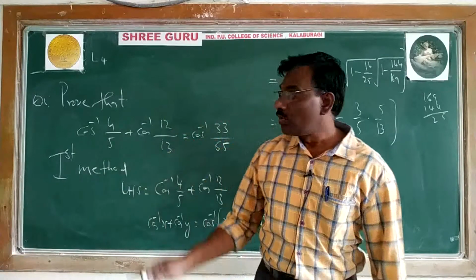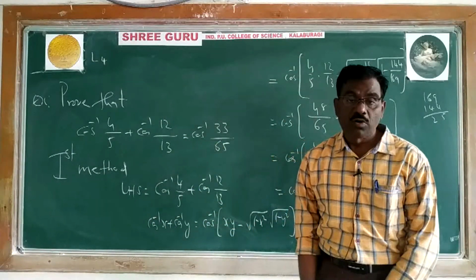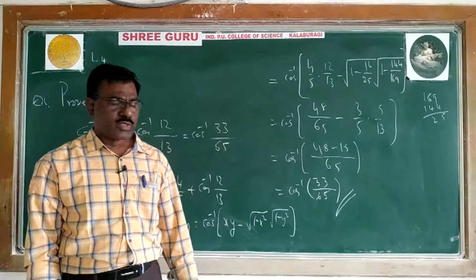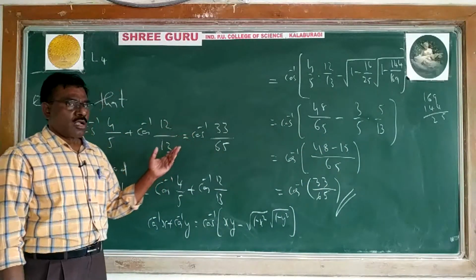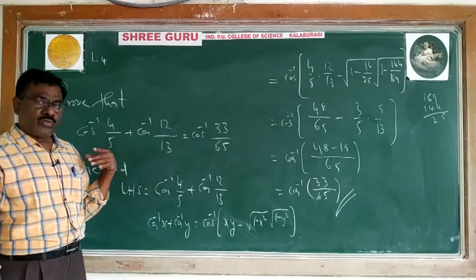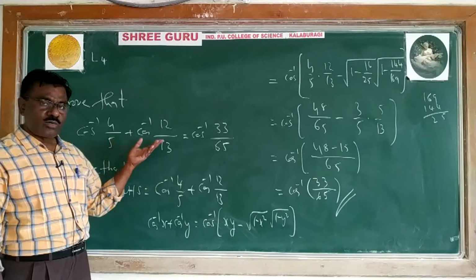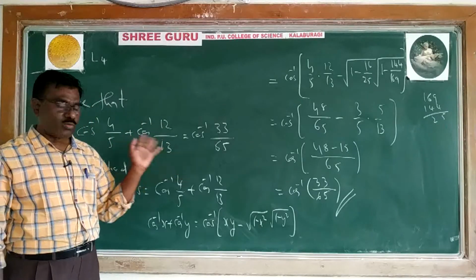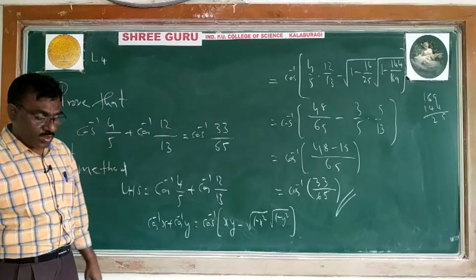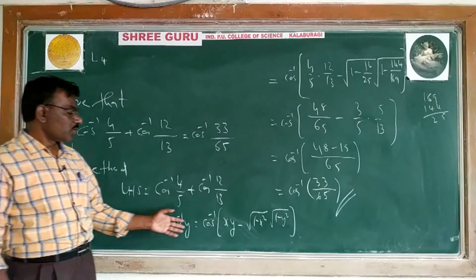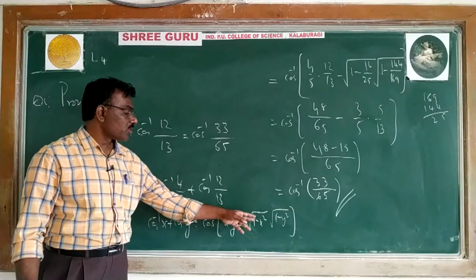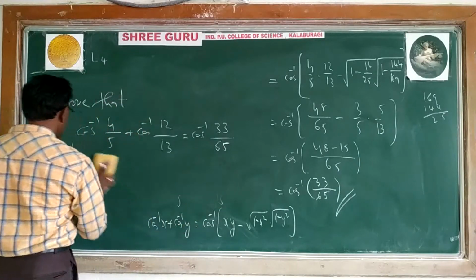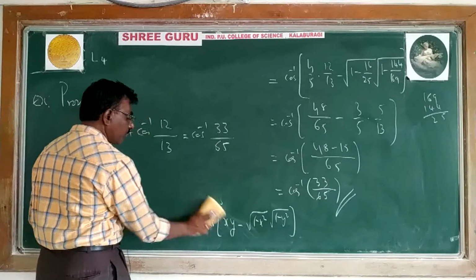So both are cos inverse. I am taking this formula because the right side is also cos inverse. In the previous problem it was the same with sin inverse of x plus sin inverse of y; the formula method also works. When both are cos, use the cos formula; when both are sin inverse, use the sin formula, okay? Anyhow, using the property of inverse, cos inverse of xy minus root 1 minus x square into root of 1 minus y square. This is one method. So what is another method?